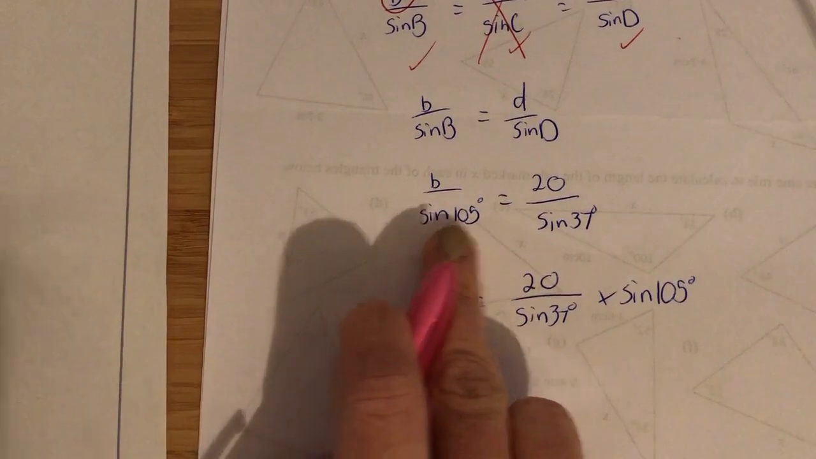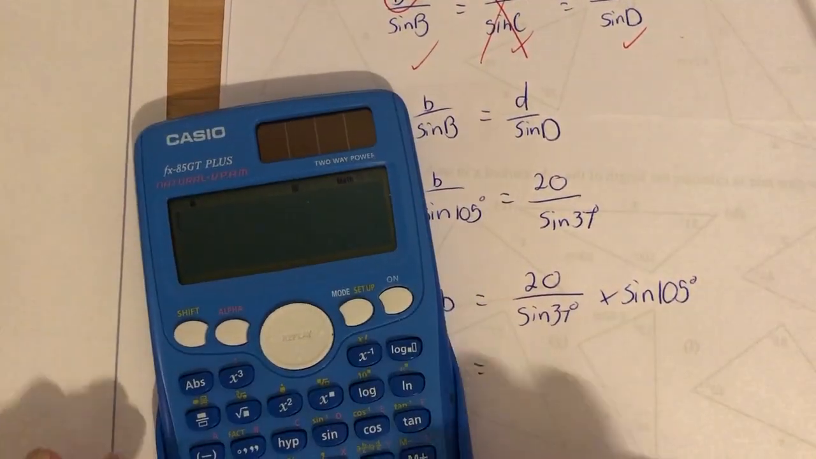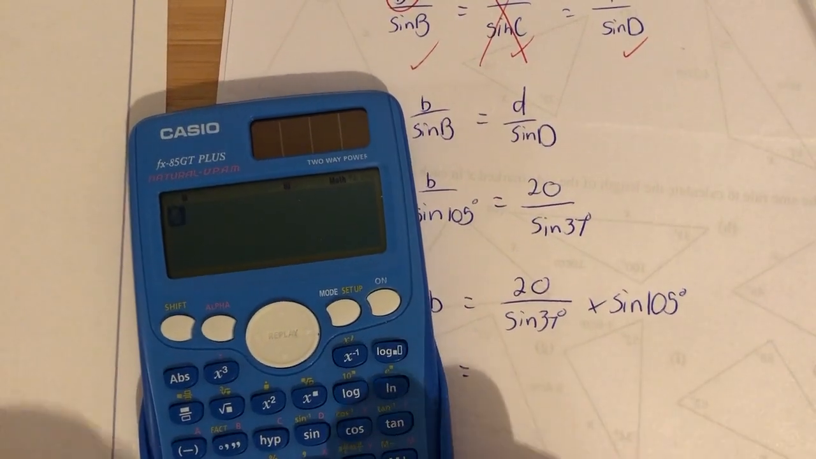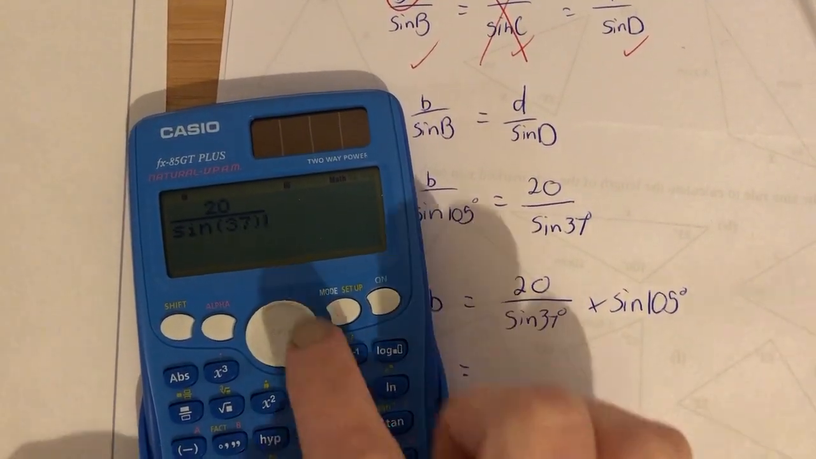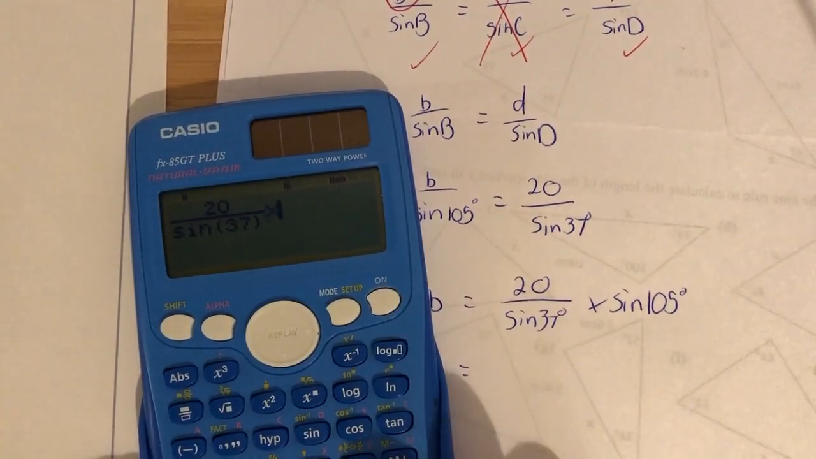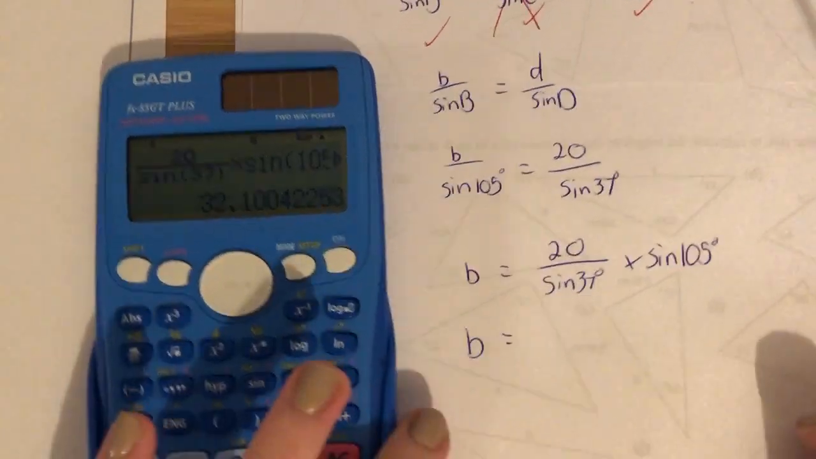So we've just moved that sine 105 over to there, multiplying by both sides. All right, put that into your calculator. 20 over sine 37, close the brackets again, move the side, times sine 105, close the brackets. So we've got